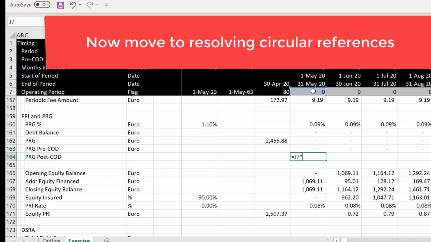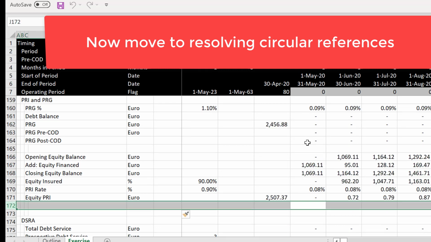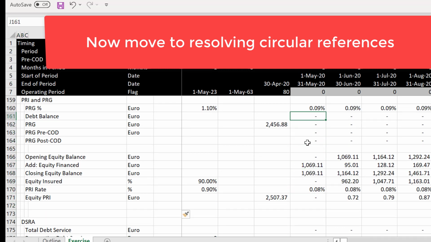Okay. Times the PRG. Okay. What a pain. And then we better do the same thing for the PRI, the political risk insurance, and of course, I need to also get the sums. And let's put what I call equity PRI. Now, the interesting thing is really, should this equity PRI,